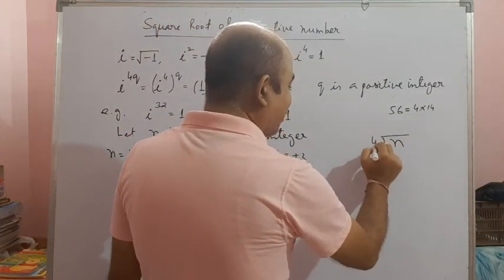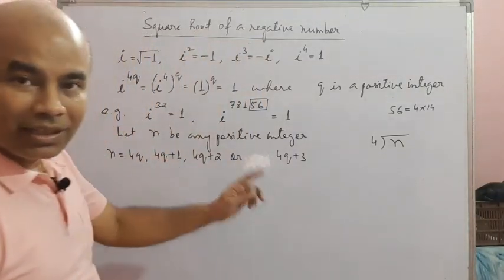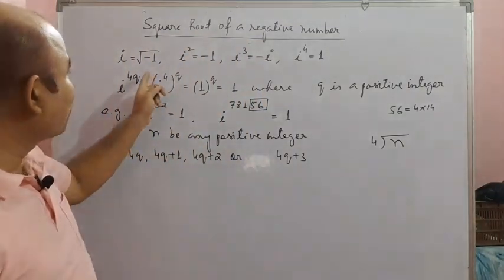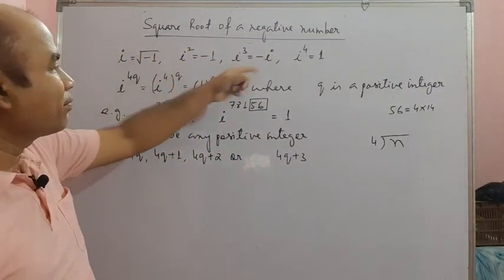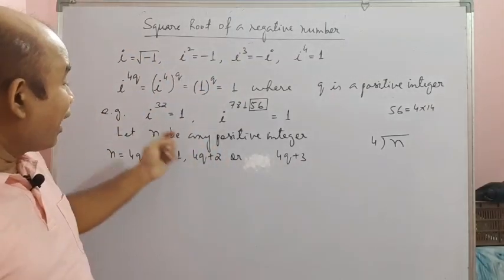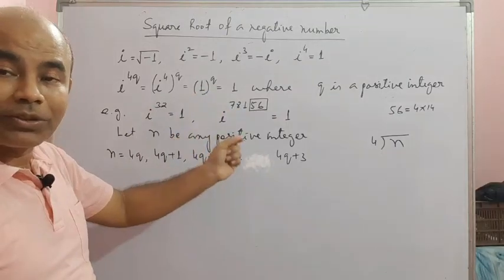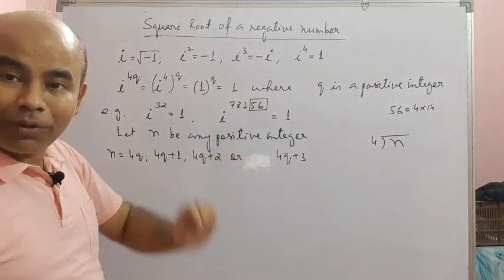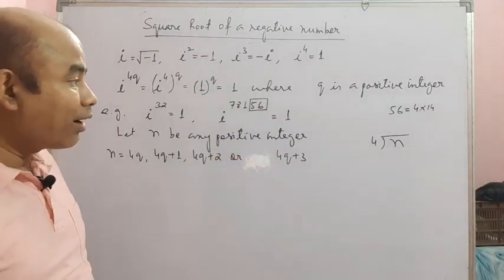If you divide it by 4, suppose n is greater than 4, because up to the power 4, 1, 2, 3, 4, you already know the value. Say suppose it is 5, 6, something like that. And if it is exactly divisible by 4, then also you know the value. But it may not be exactly divisible by 4, so how do we find it?